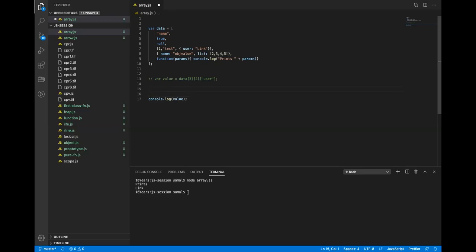Index 5 and then pass the parameter. Again, straightforward, index 5. I'm calling a function. Now I'm passing a parameter. I'll just pass some value. Okay. And now basically it will print whatever value is present. Okay. So this function is called, which is present inside an array. Okay, I'm calling and referencing it.